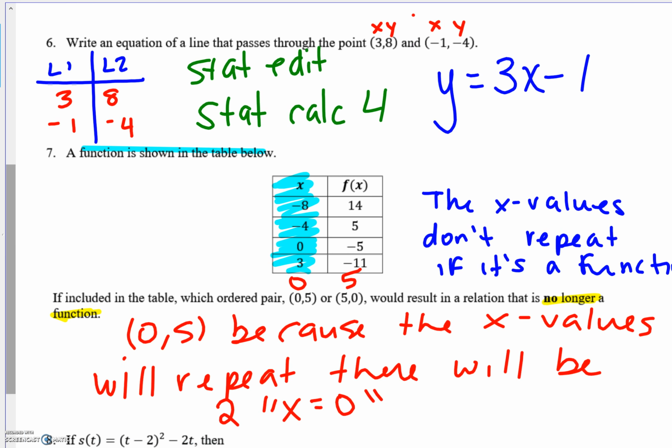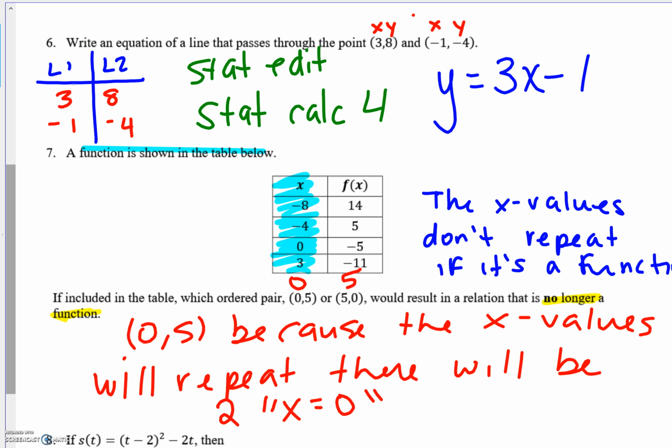All right, so for question 6, it's saying write an equation of a line that passes through the points (3, 8) and (-1, -4). Here, you want an equation, so this is when you're using STAT, EDIT, then STAT, CALC, 4 on your calculator. L1 is your x values, L2 is your y values. You're typing in 3 and negative 1 for L1, 8 and negative 4 for L2. When you hit STAT, CALC, 4 and enter a few times, you're going to get the equation y equals 3x